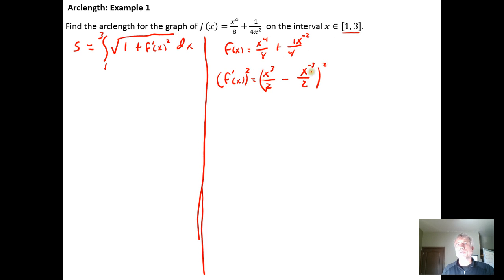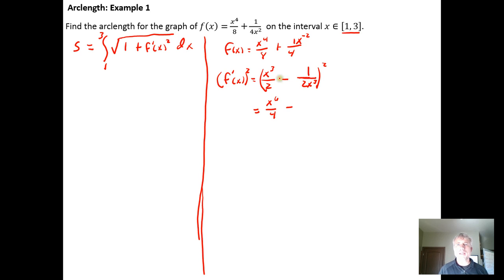And to square this, it might help us to think about it if we remember that if x to the negative 3 is in the numerator, we can rewrite that as x cubed in the denominator, and that's going to leave us a 1 in the numerator position. So if we square this out, we're going to get x squared over 2 times itself, which is going to be x to the 6th over 4,